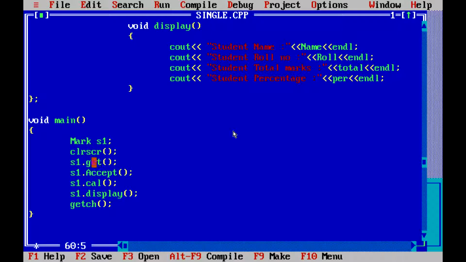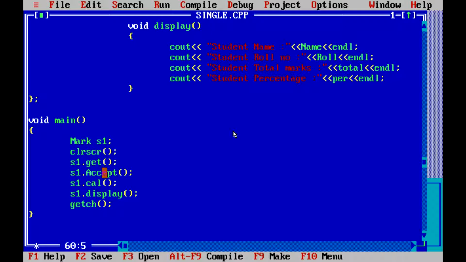Now the get function is a function from the student class, which is the base class of marks. S1 is the object of marks, so s1 can call the get function which is present in our base class, that is student. So s1 calls get, s1 dot accept, s1 dot cal, s1 dot display.